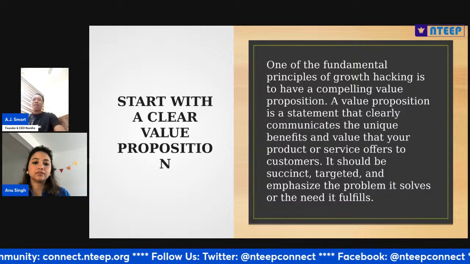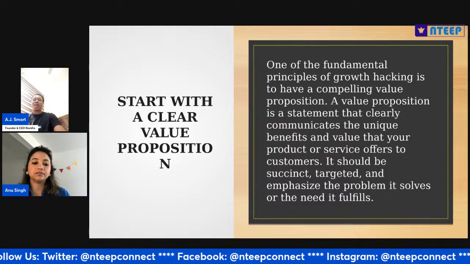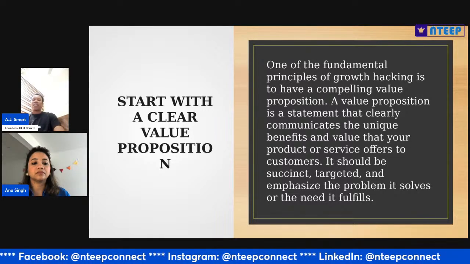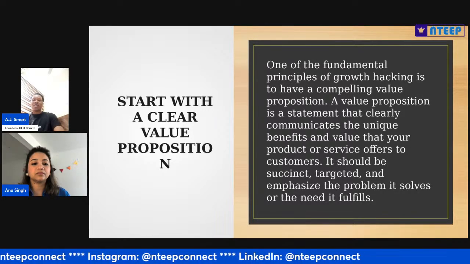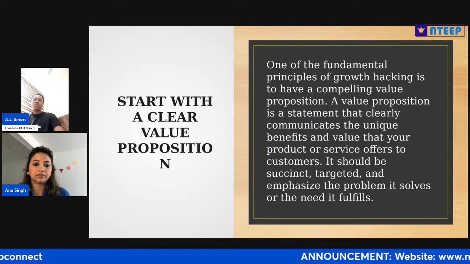All right. One of the fundamental principles of growth hacking is to have a compelling value proposition. And of course, let's talk about that. A value proposition is a statement that clearly communicates the unique benefit and value that your product or service offers to customers. It should be, of course,